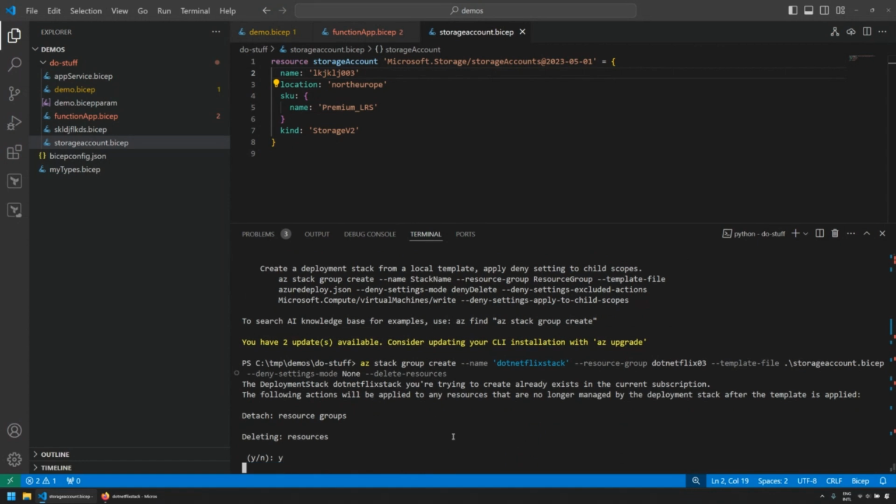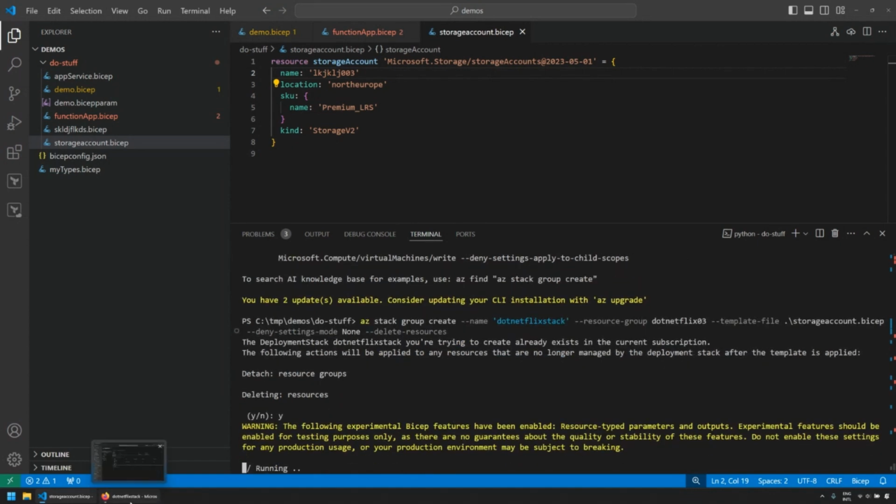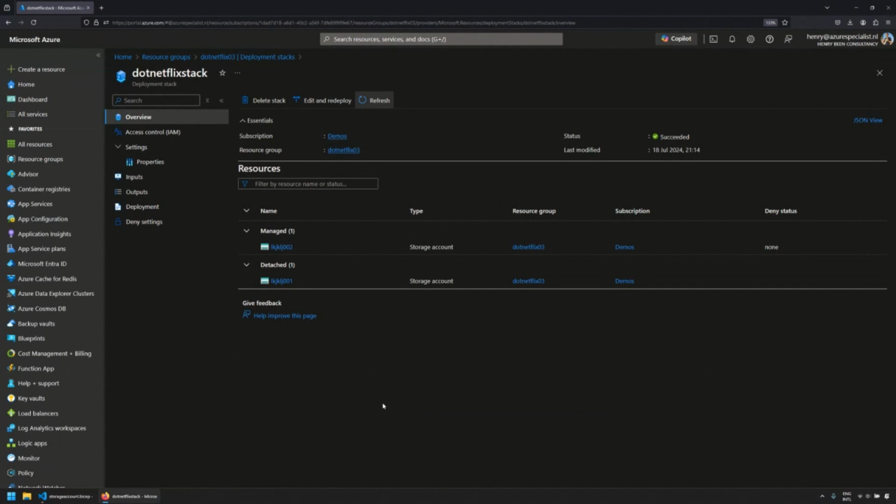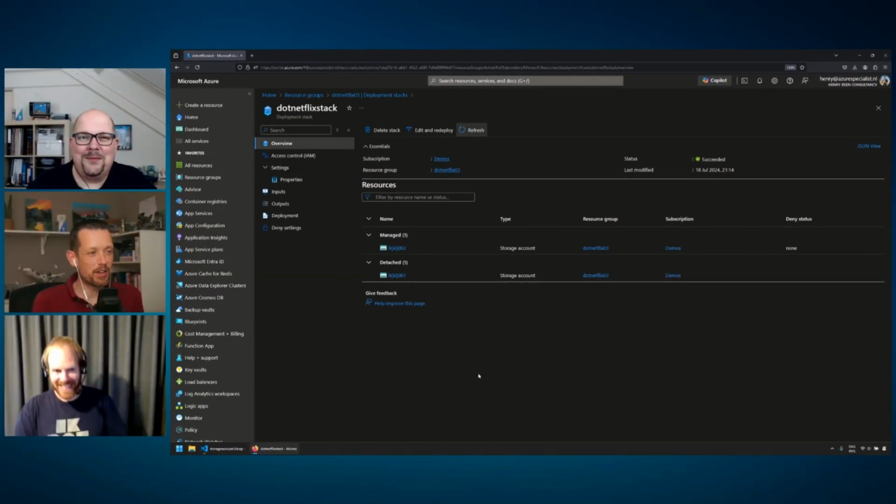Yes, I am confident. And now, to wrap up this demo, what do you think will happen? So the detached one will be deleted for sure, I would guess. So number 2, I'm not sure if it's going to be deleted or if it's going to be in the detached state. I kind of hope it's going to be detached. What do you think, Edwin? Probably, yeah. I think that will happen, yeah.